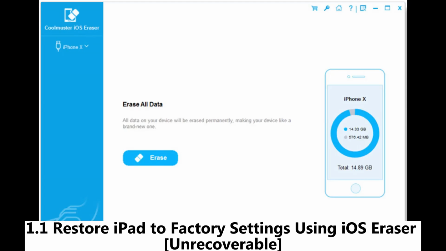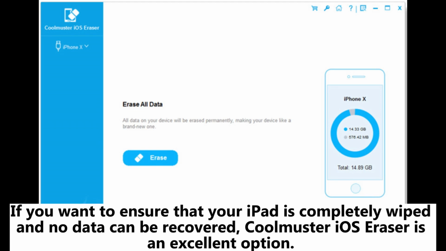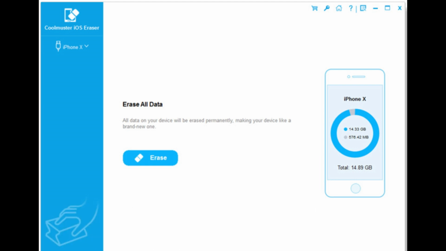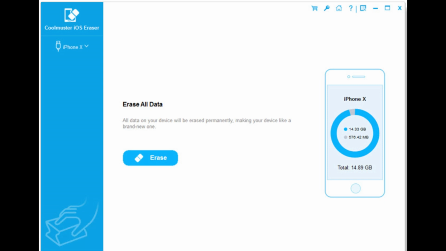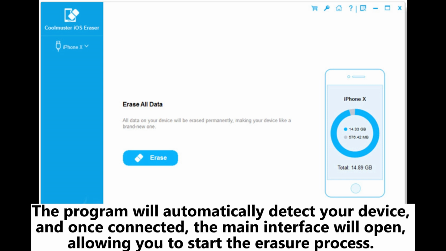1.1 Restore iPad to factory settings. If you want to ensure that your iPad is completely wiped and no data can be recovered, Coolmuster iOS Eraser is an excellent option. Step 1. Connect your iPad to your computer using a USB cable. The program will automatically detect your device, and once connected, the main interface will open, allowing you to start the